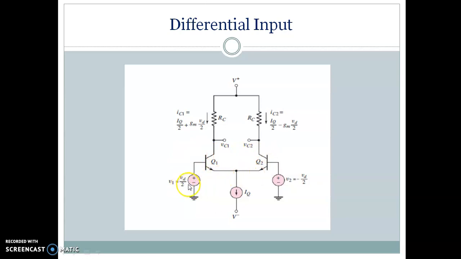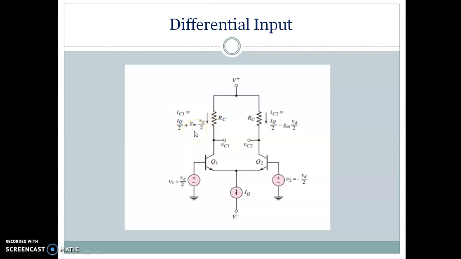So when this has been increasing, base current has been increasing, here your collector current will be increasing by this amount. Since it is VD by 2 and the transconductance or the gain of your transistor is GM, so it is GM VD by 2, this will be increasing. But for this, since it is minus VD by 2, the current is dropping, so it is minus GM VD by 2. From the bias current, it will be dropping by GM VD by 2, and on the other side, it will be increased by GM VD by 2. So that will be the amplification part.